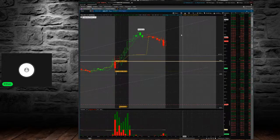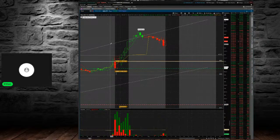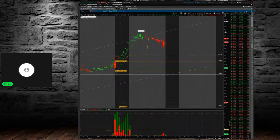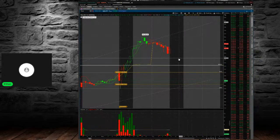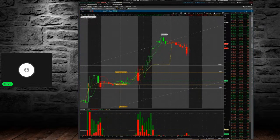Other than that, 425 is going to be a level. 420 is going to be a level. 430 is going to be a level to pay attention to. If this just rips off the open, guys, I'm really hesitant to try to force that. I just have a feeling that with how crazy this has gone, I'm not that interested in trying to force any sort of upside trade too early. So if we miss out on money, we miss out on money, but I'd rather be safe than sorry